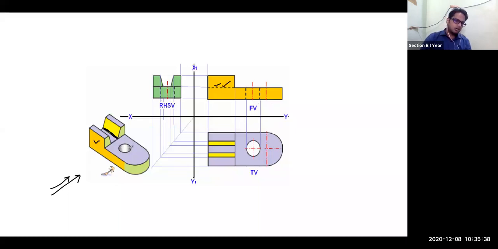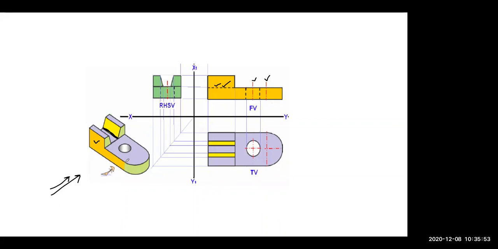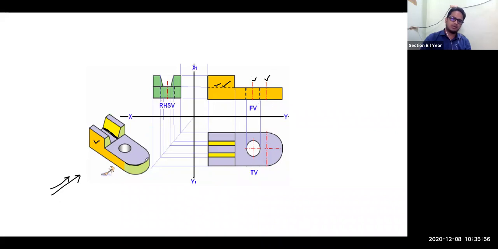There is one hole, so to represent that hole they have used these dash lines, and you have one center line here. Again you have one center line here. What is this center line representing? This circle; you can see you have one semicircle over here. What is the center of that semicircle? That is represented using this center line in the front and top views. So this is how we draw all the views, and you can also see the projections.